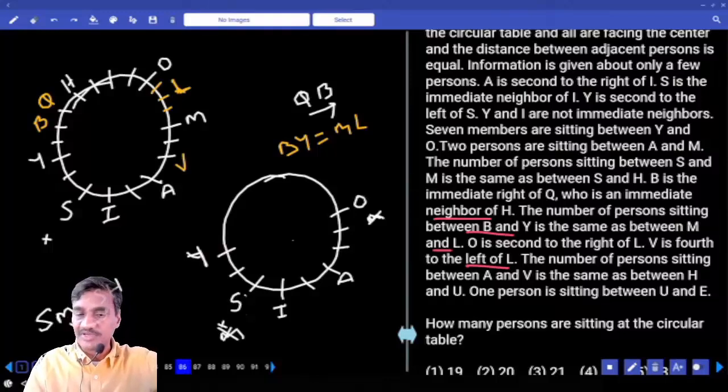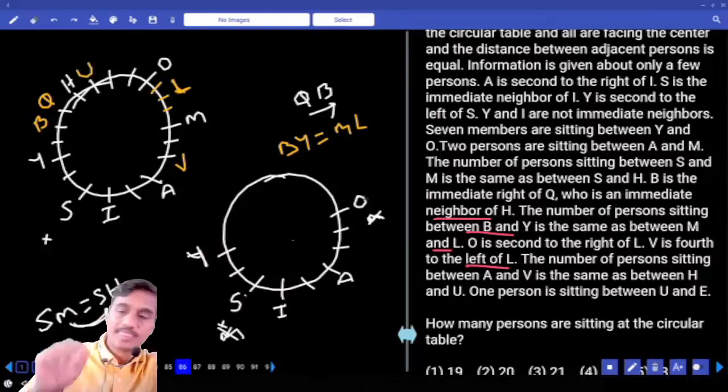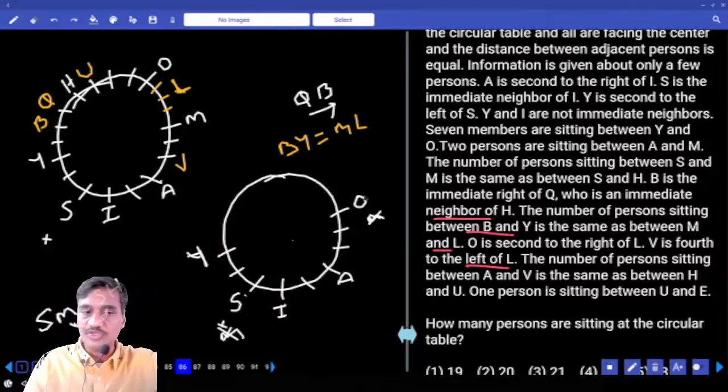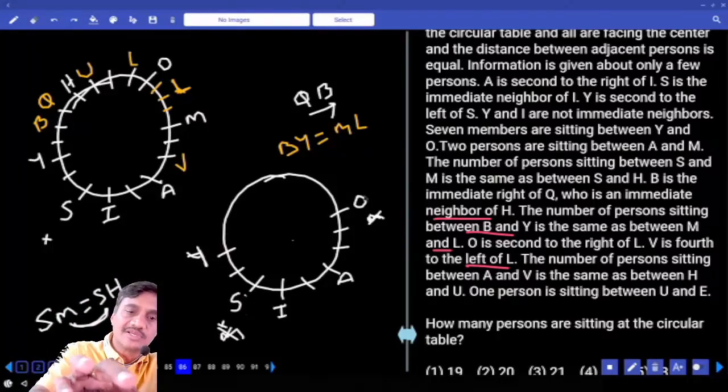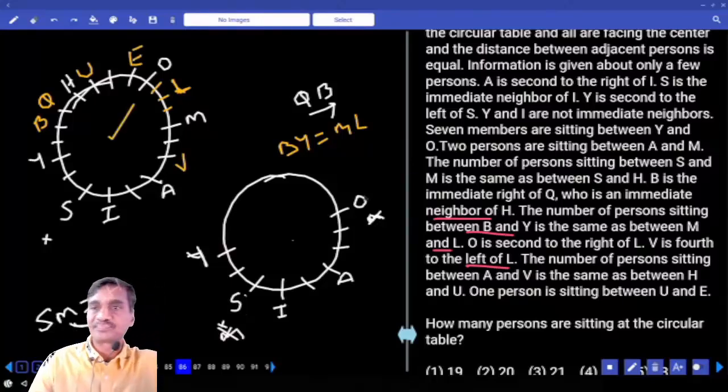And A and V are adjacent, same as H and U are adjacent. H and U are adjacent. Then, and 1 person between U and E. In between U and E, there must be exactly 1 person. E is here. Then,